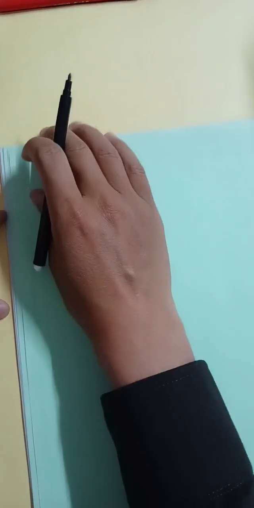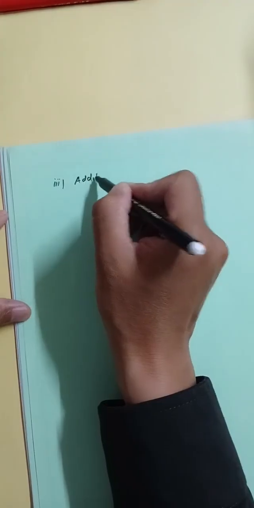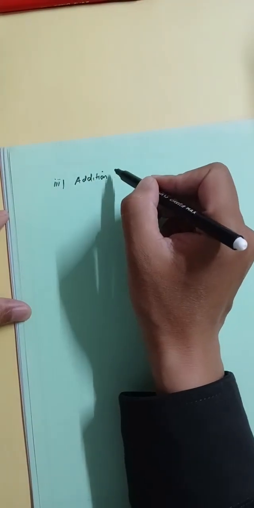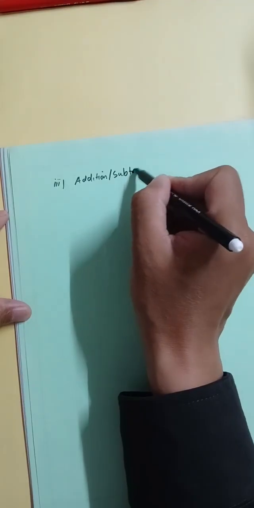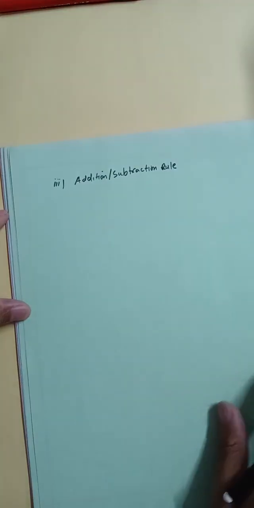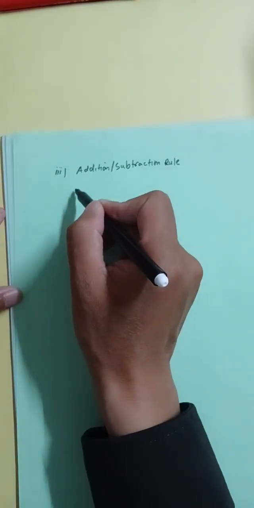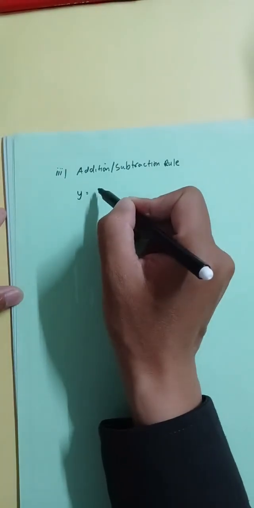I think I should. So now we'll go to rule number 3, which is addition or subtraction. Addition or subtraction rule, addition and subtraction rules. Now, addition and subtraction: if I have a function y equal to